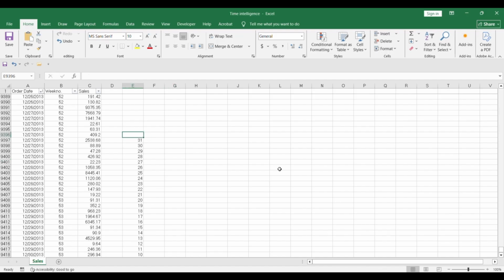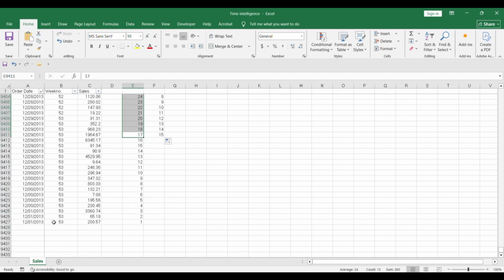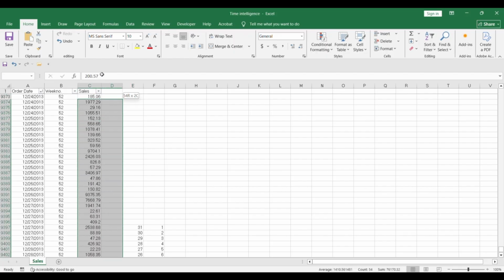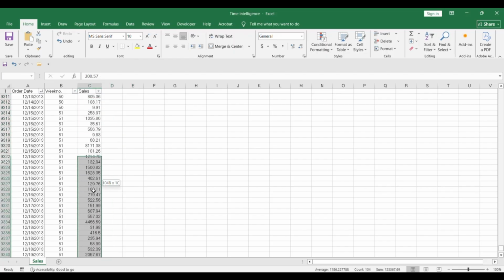So if we go 15 days back, 1, 2, 3. We should start from 17 December, right, until the end. So let's just take now until 17 December, which is here, until here.